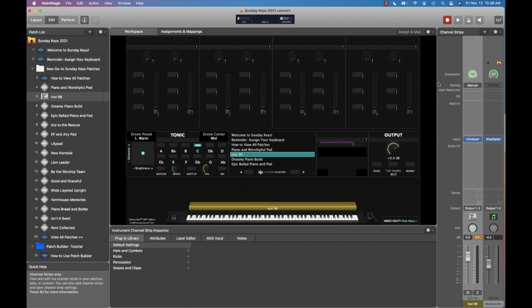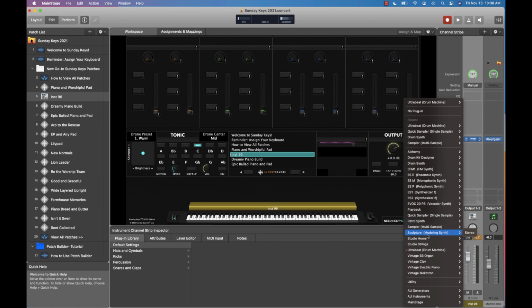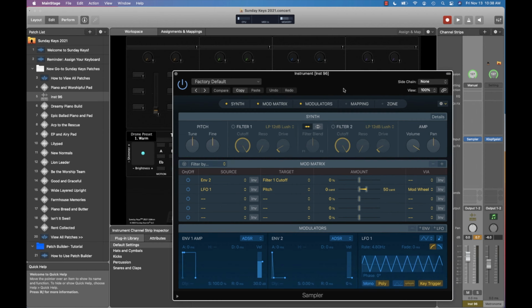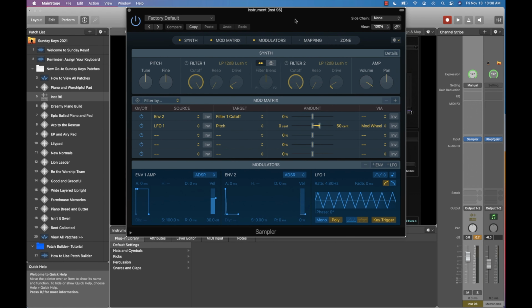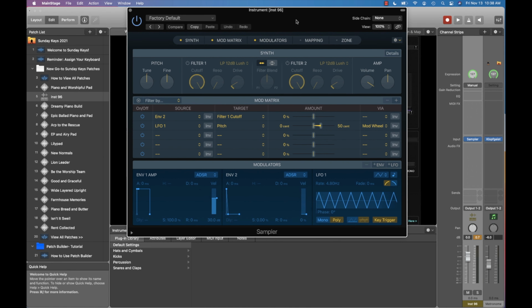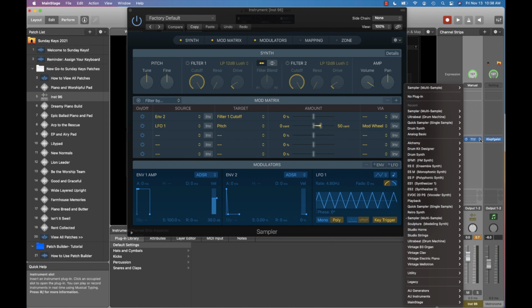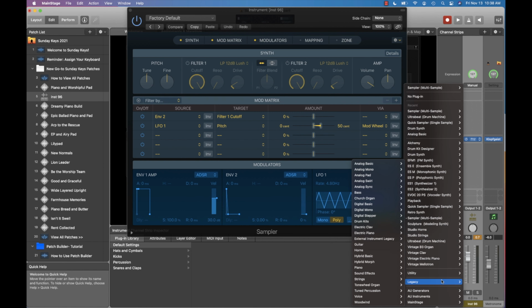So obviously they didn't fully program away an update to Ultrabeat, just like they did with EXS24 going over to Sampler. One thing that is a little bit concerning to me here that I will say is that, just to go back to Sampler here, in the past, anytime that Apple has deprecated an instrument, meaning they've just replaced it with something newer and theoretically better, the old legacy plugins have always been available in the plugin selection list by holding down Option and then clicking the drop down. And that reveals this hidden legacy folder here.